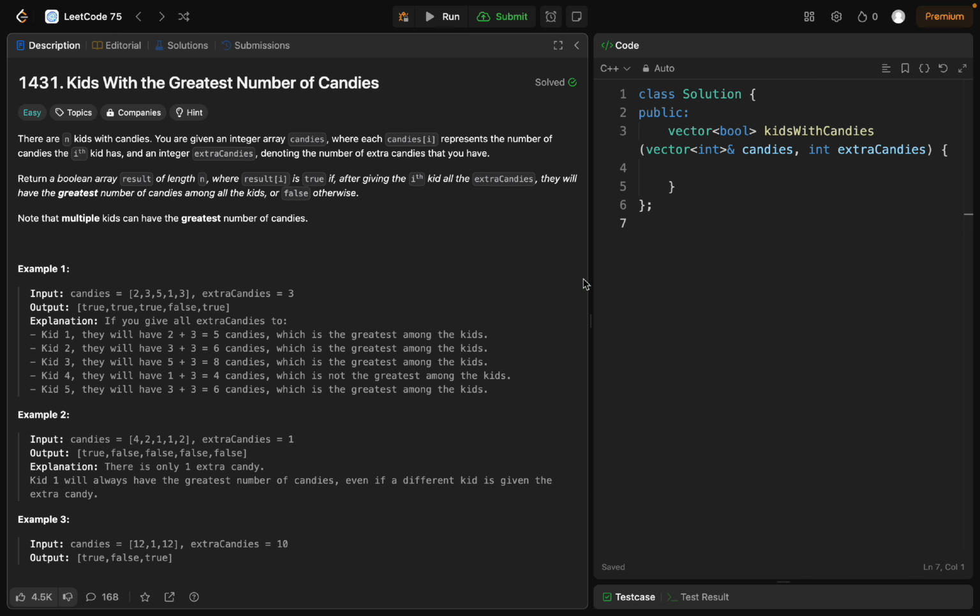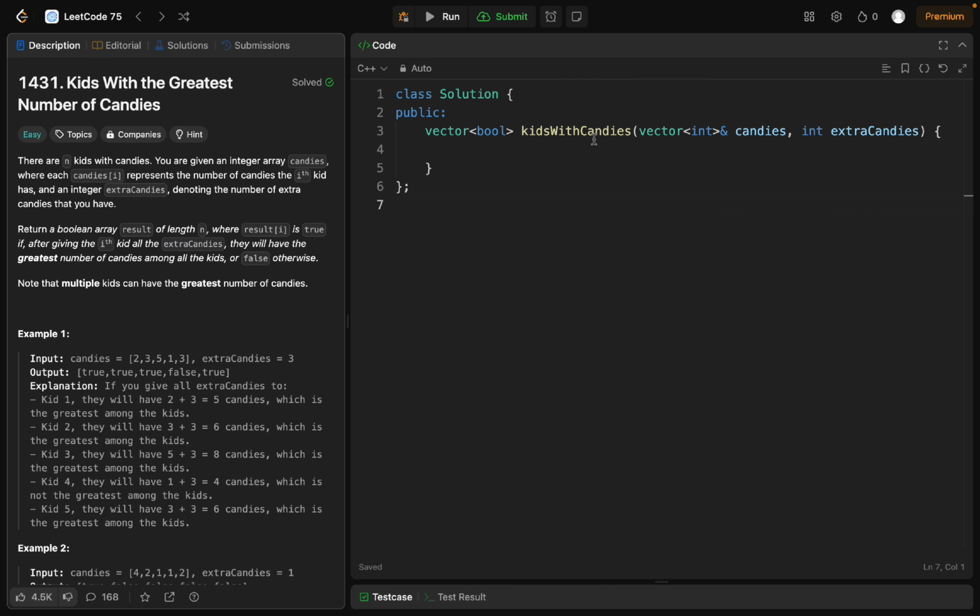as written here. To code this solution, there's a pretty straightforward algorithm. We'll just initialize a variable ELE as the max element of our given vector, which is candies. So candies.begin and candies.end. So ELE contains the maximum element of our vector, and we will create a vector of bool values. Let's name it V.